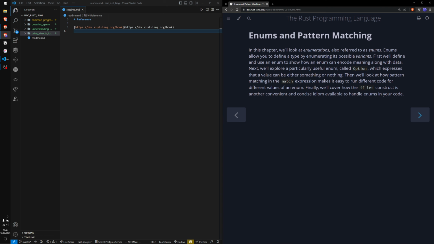Then we'll look at how pattern matching in the match expression makes it easier to run different code for different values of an enum. Finally, we'll cover how the if-let construct is another convenient and concise idiom available to handle